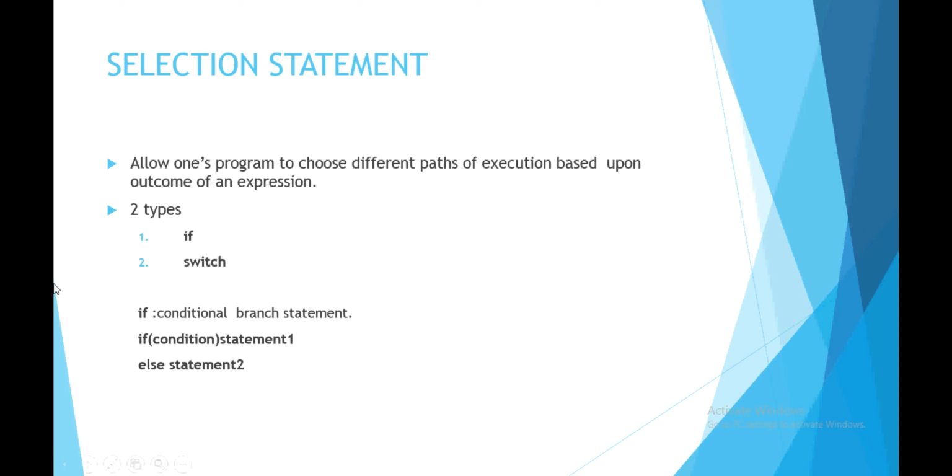Here you can see how to write it: if, then condition, then the branch statement. There is another type where we will be using if and else. In that you write if condition and what should be the output, otherwise what should be the output. I will show you one code, so that it will be more clear. For example, there are two numbers, x and y.